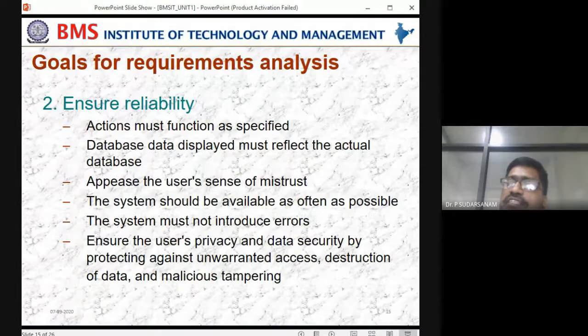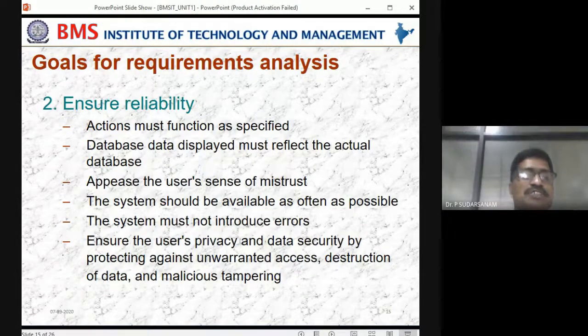They have to take precautions and give security for the end users. That is how they ensure reliability, and reliability is also very important.